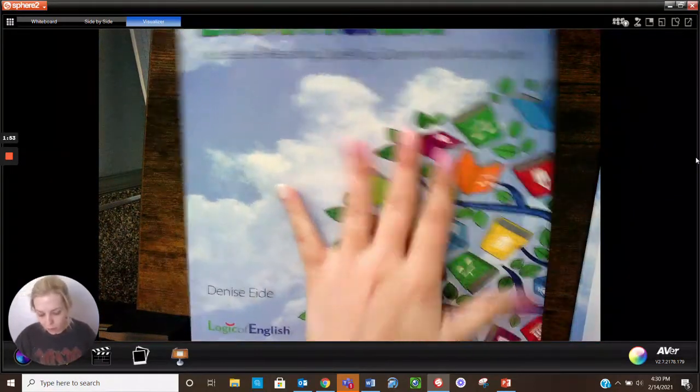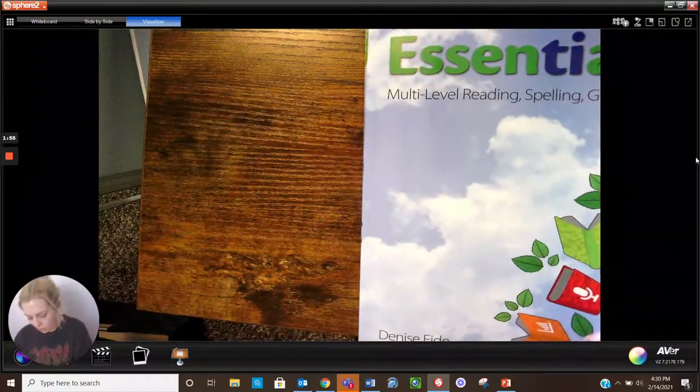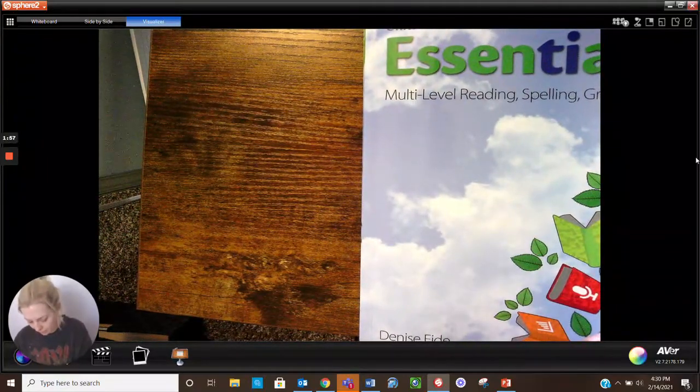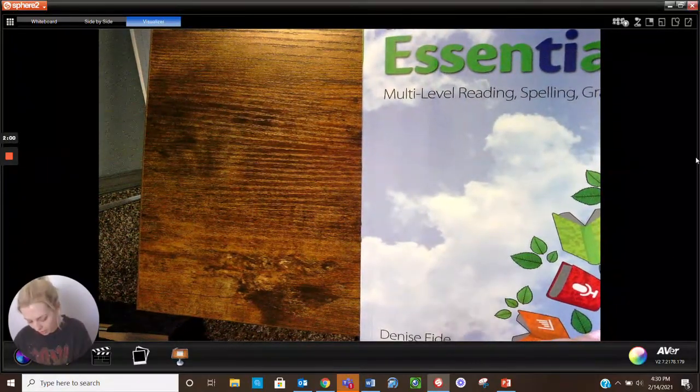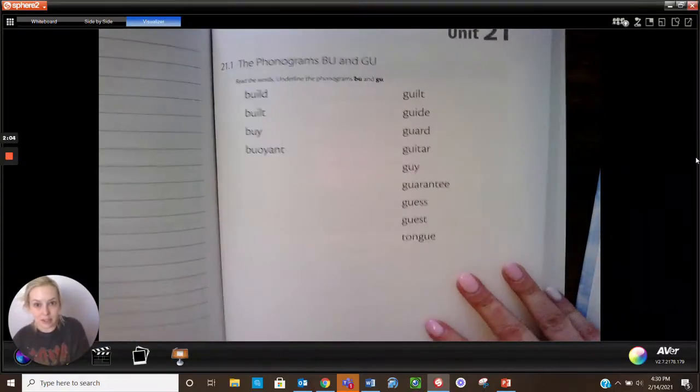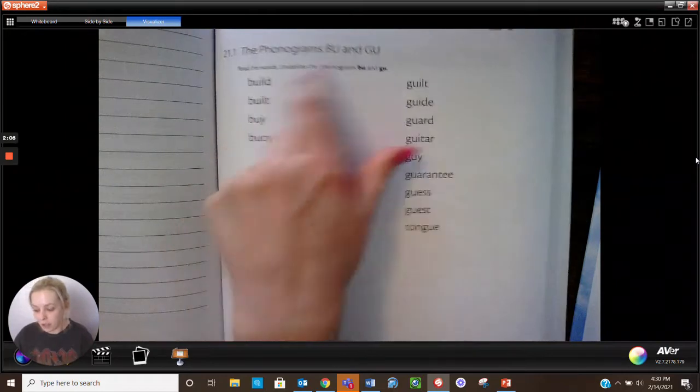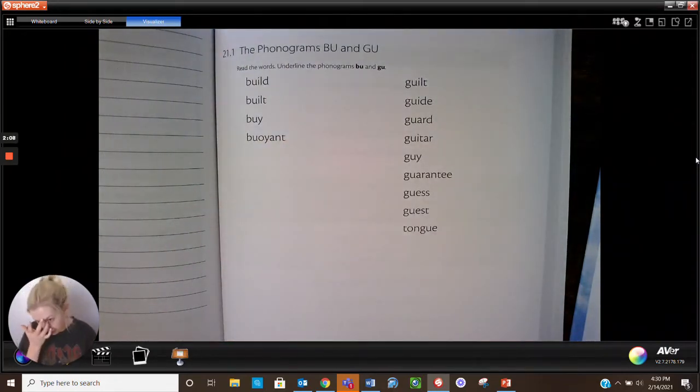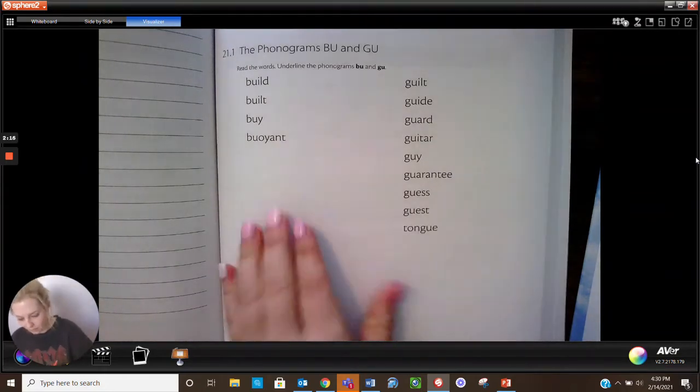All right, go ahead and open your workbook to page 147. It should look like this. The phonograms BU and GU. Read the words, underline the phonograms B and G. All right, we have